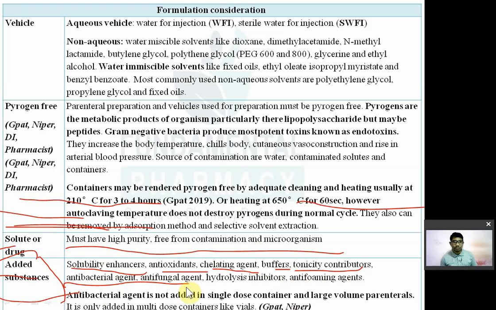Now preservatives are only added in the multi dose container, ठीक है। सिंगल डोज कंटेनर में इसका एडिशन नहीं होता है, लार्ज वॉल्यूम पेरेंटरल में भी आपका एंटीबैक्टीरियल एजेंट और प्रिजर्वेटिव नहीं रहता। तो इसके ऊपर भी क्वेश्चन आया है, बाद में इसके बारे में एक बार और बोलूंगा। तो यहाँ पे भी याद रखो, प्रिजर्वेटिव आर नॉट एडेड इन द लार्ज वॉल्यूम पेरेंटरल्स और सिंगल डोज कंटेनर।